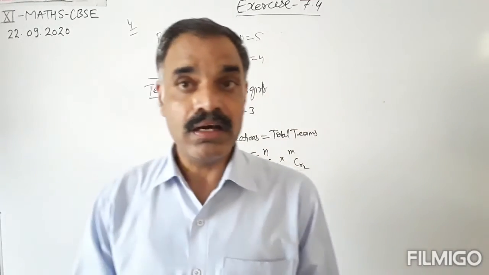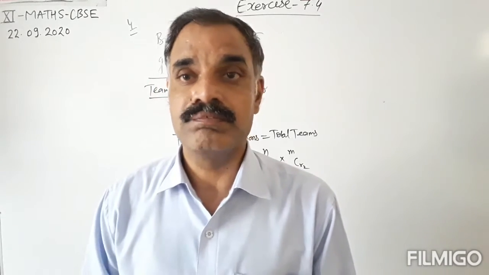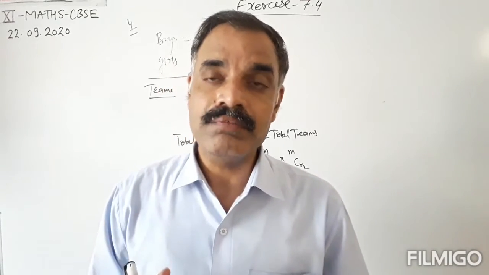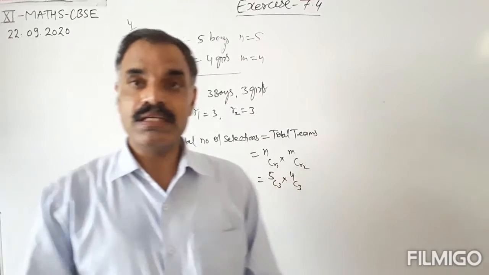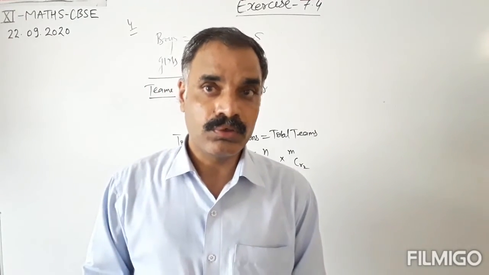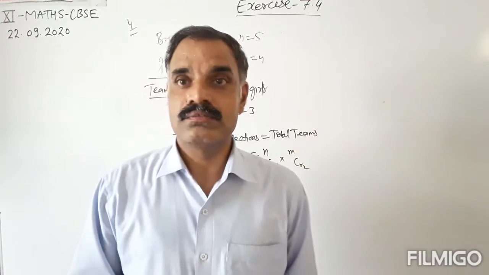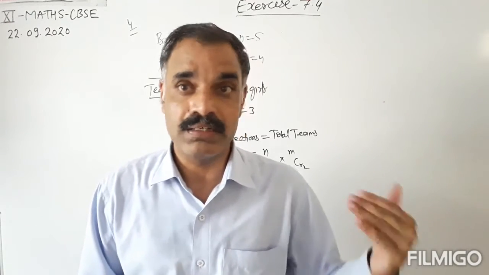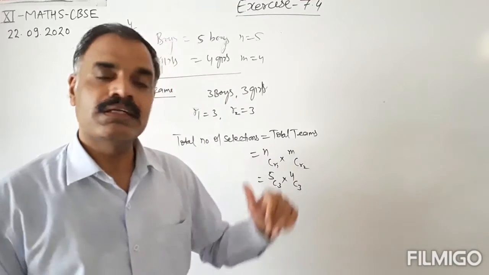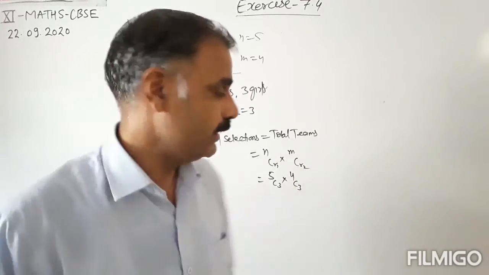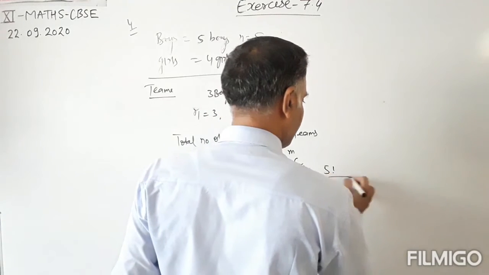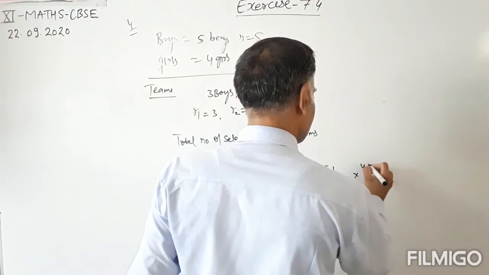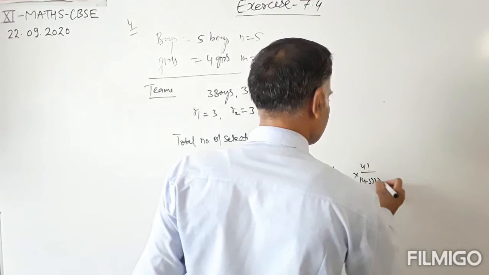Okay, and here we are also using the fundamental principle of counting. Means we are multiplying. First of all, we will select 3 boys out of 5 boys, that is 5C3. Then we select 3 girls out of 4 girls, that is 4C3. And each activity is following another activity, that is why using the fundamental principle of counting we will multiply each other. Okay, so we will multiply this. Now we have to solve this. Okay, so 5C3 can be written down as factorial 5 upon (5 minus 3) factorial into 3 factorial multiplied by 4 factorial upon (4 minus 3) factorial into 3 factorial.